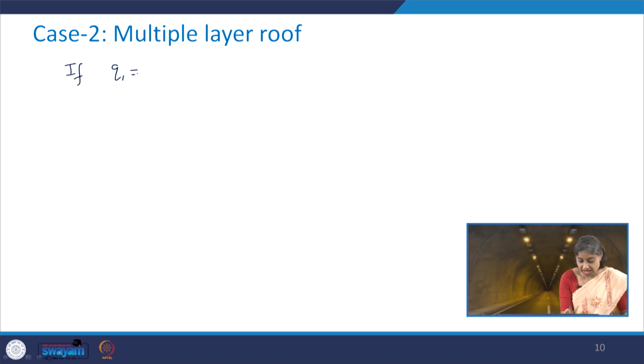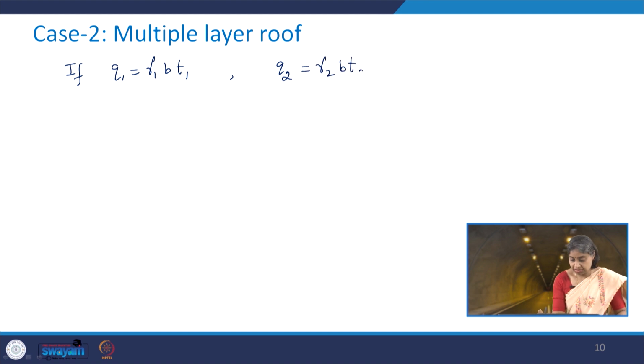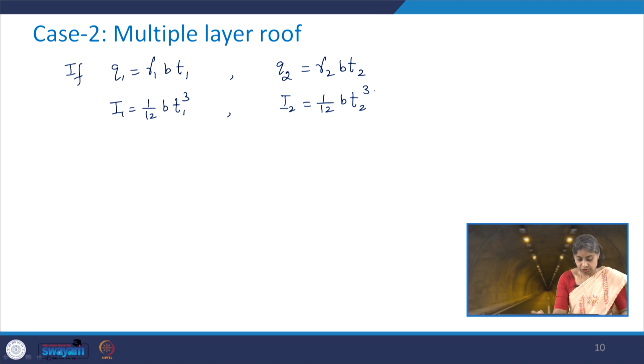this Q1 as gamma 1 B T1, Q2 as gamma 2 B T2, I1 is 1 by 12 B T1 cube, and I2 be 1 by 12 B T2 cube. So, in that case, now if I just substitute all these expressions in our equation number 4, what we get